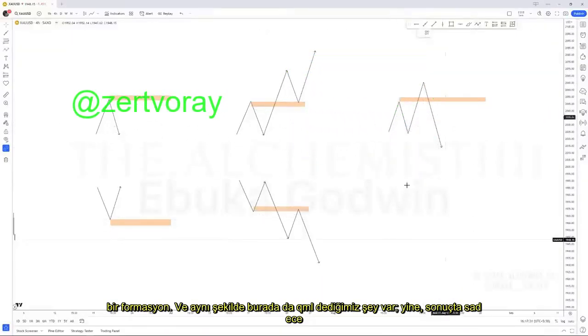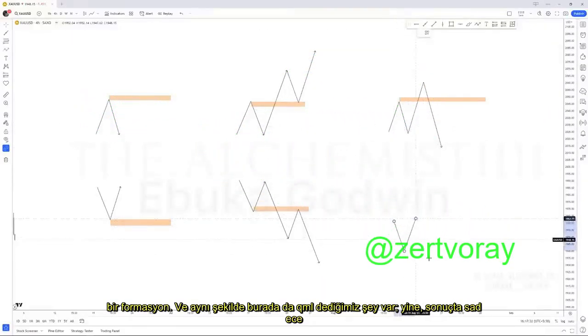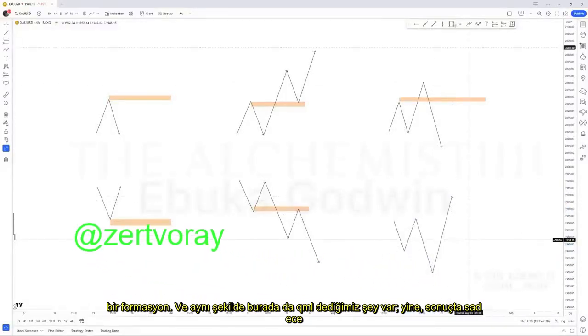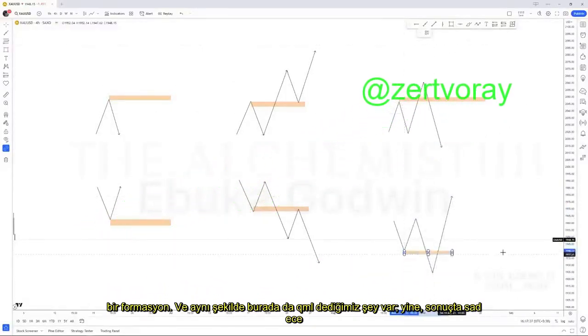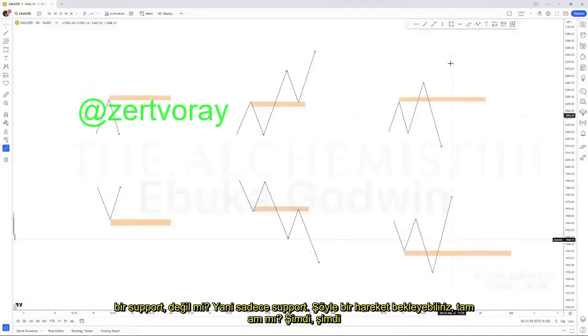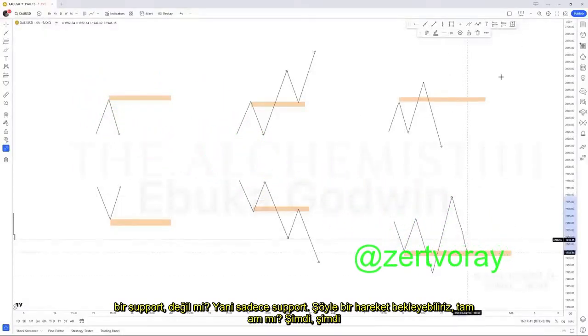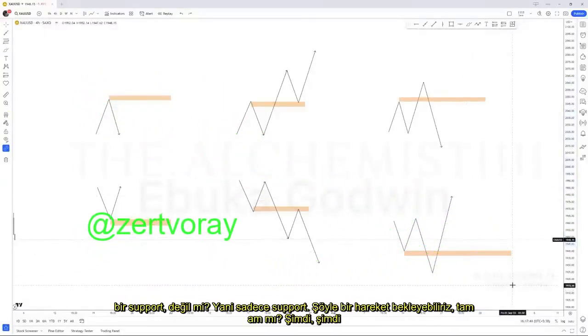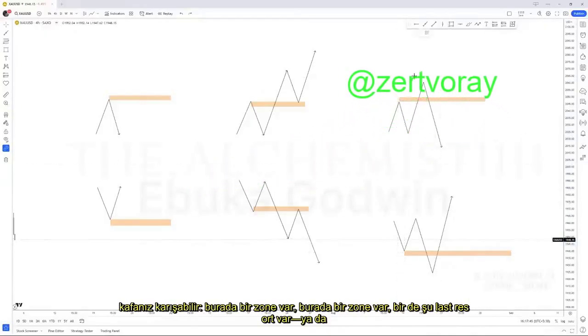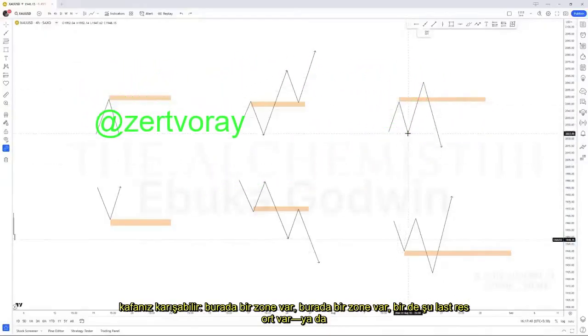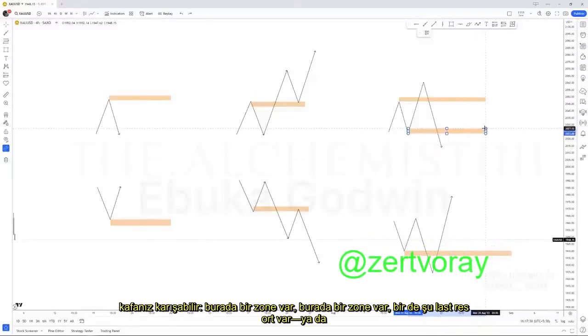And then same thing here. This is what we call a QML once again. Now it's just a support, right? This is just a support. We could expect moves like this. Okay, now you might be confused. Okay, we have this zone here. We have this zone here. We have this